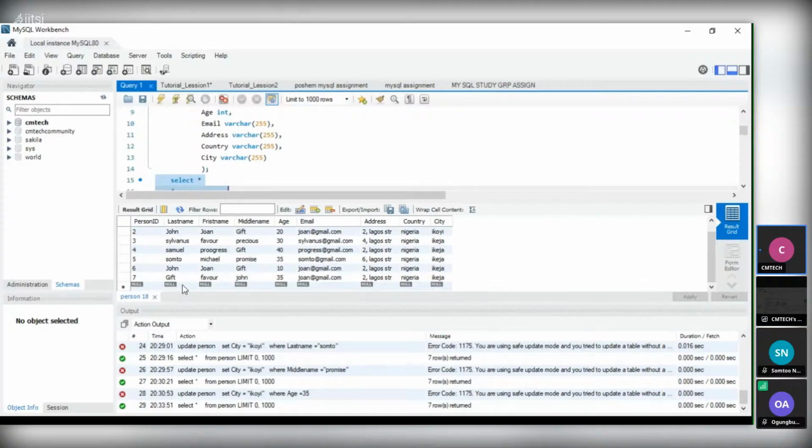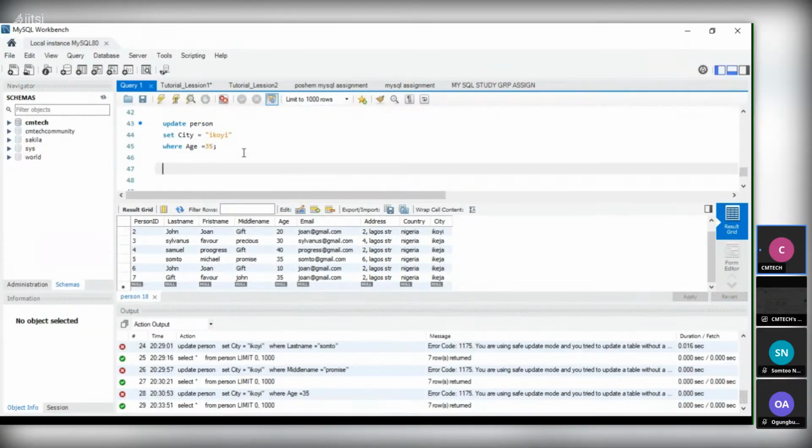The code is DELETE FROM the particular table WHERE we want to apply the delete. I believe this is clear to you. So now we are going to delete a particular record, a particular name.